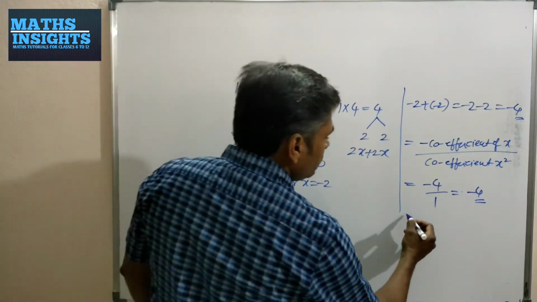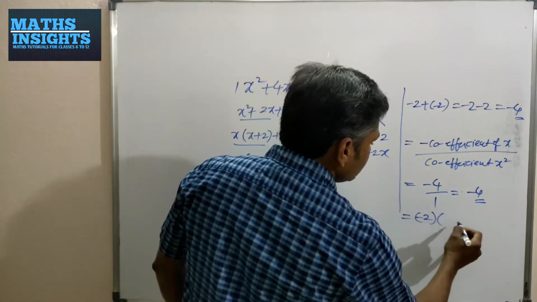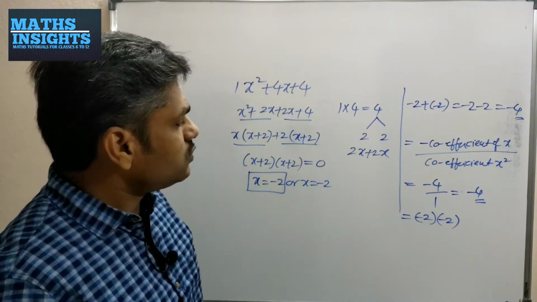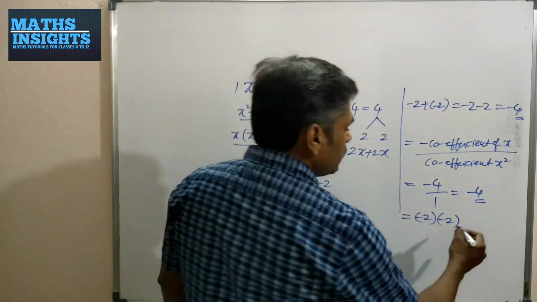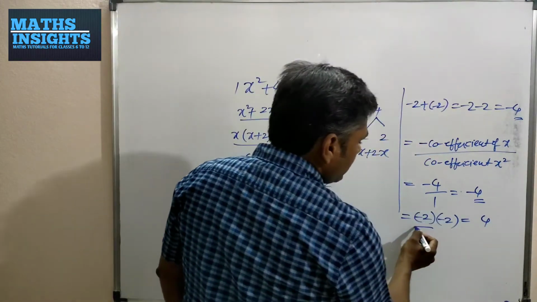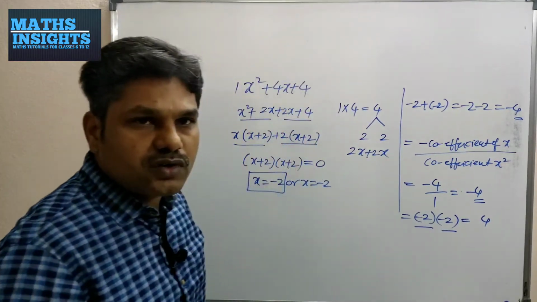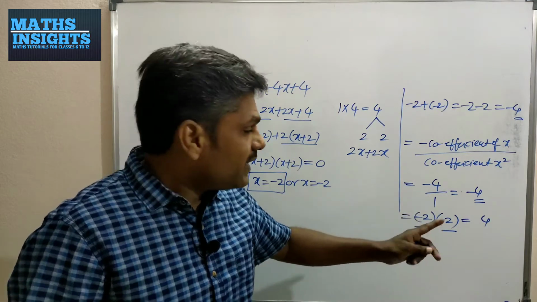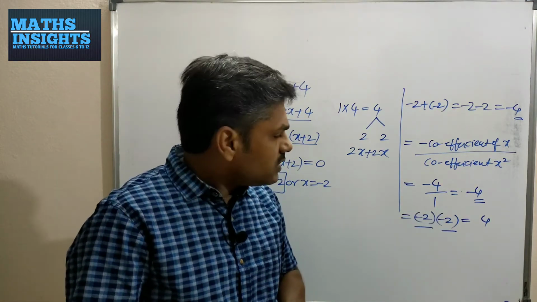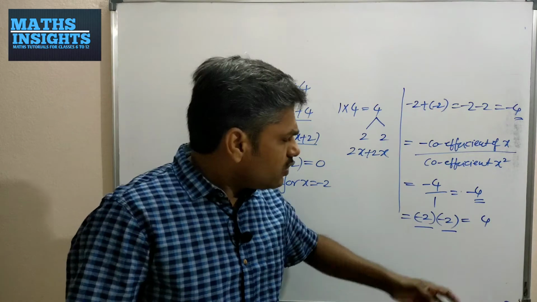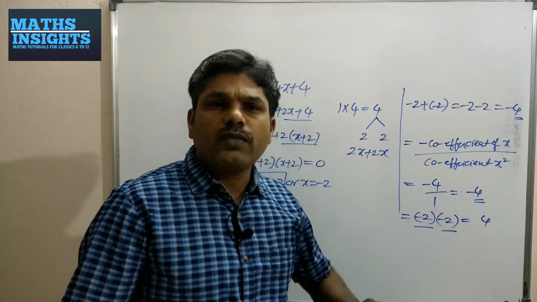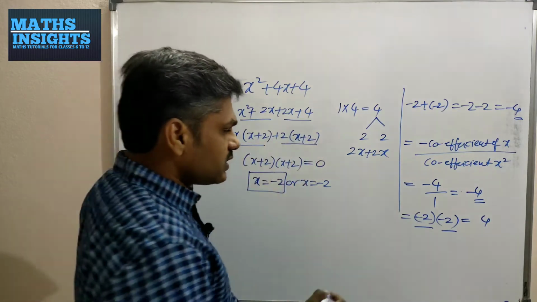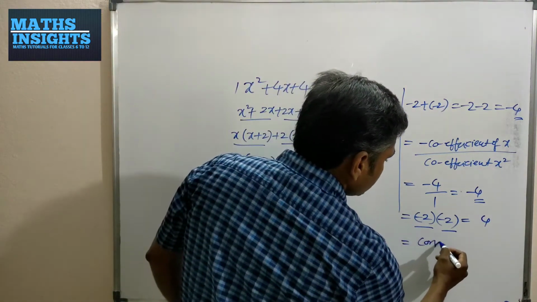Similarly, I am multiplying the two zeros. This is the first one and this is the second one. Then minus 2 into minus 2 will become plus 4. That means I am doing the multiplication, or product, of the two zeros. It is becoming 4, and you have to see whether you can get this 4 by using the coefficients of this polynomial. Yes, see, constant